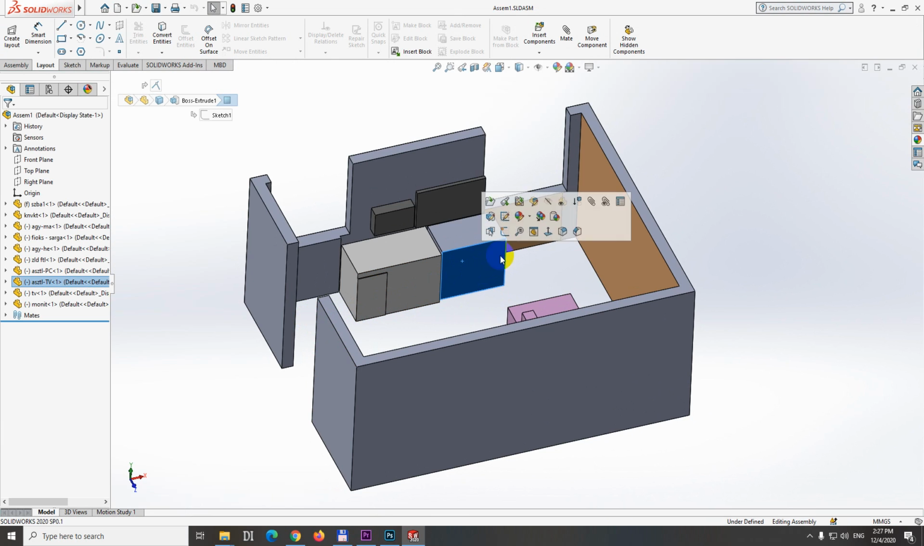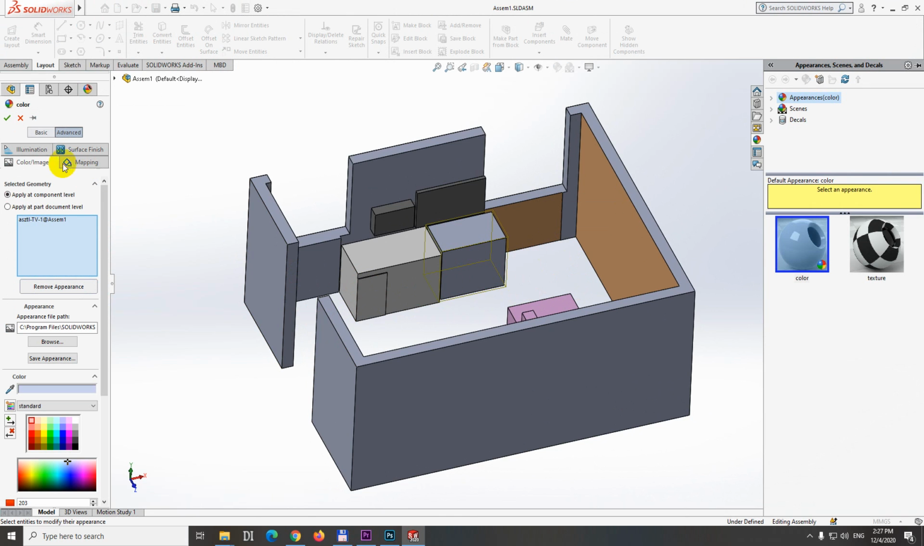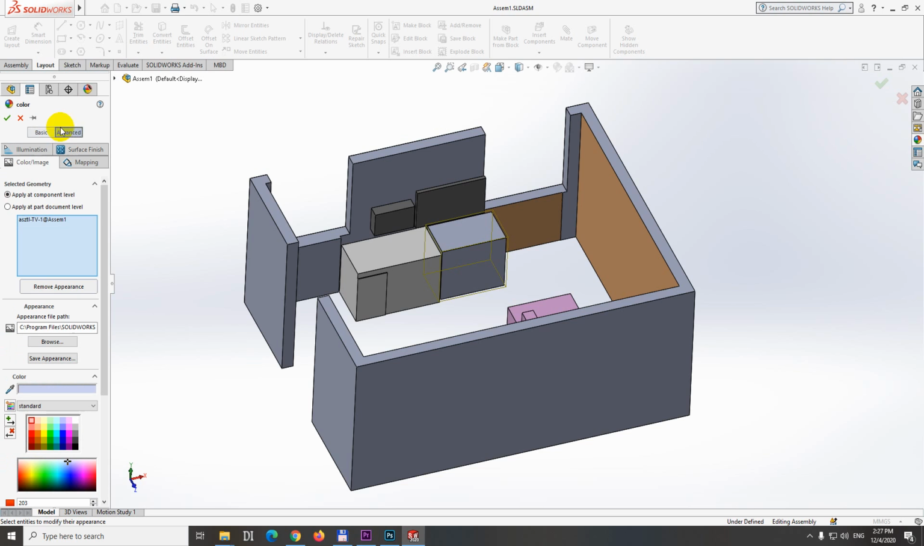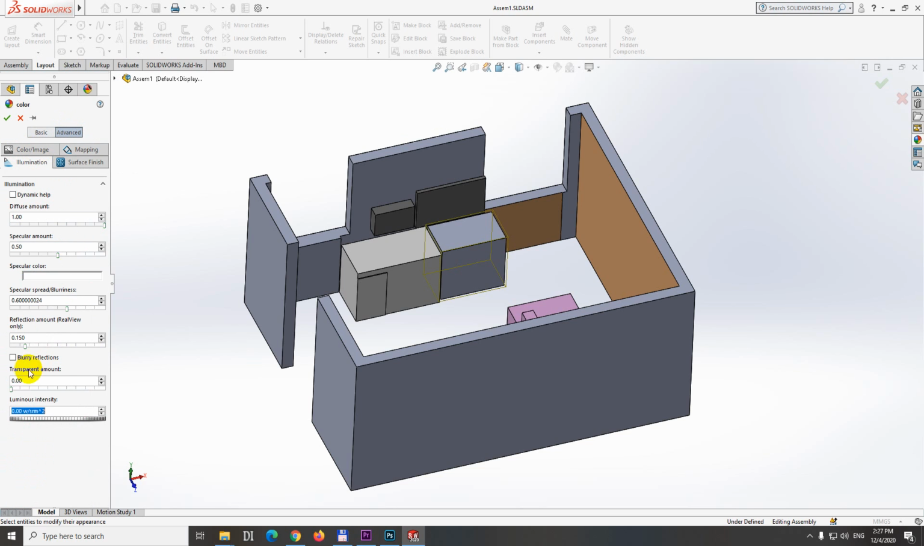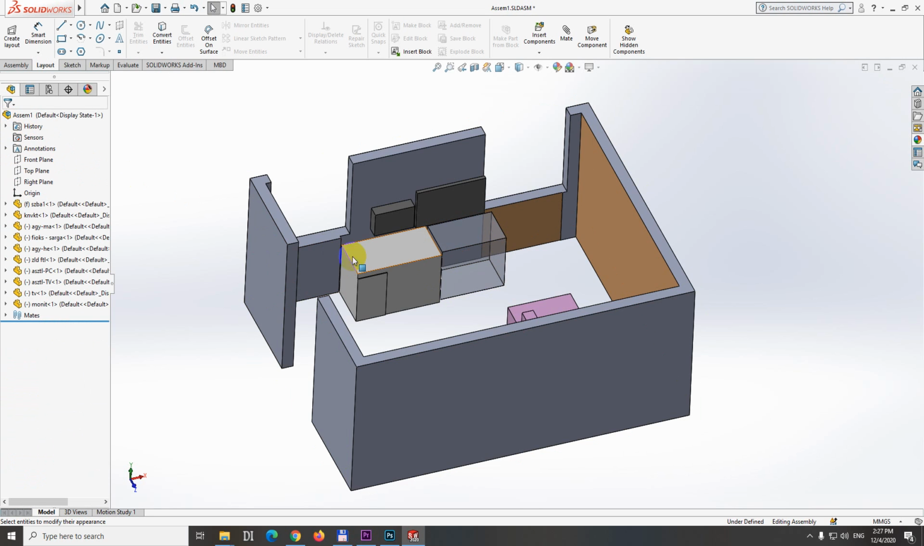So select an object, we have this colorful thing, appearances is called. Click on that one and let's say use the first one, select that one. And here we have basic and we have advanced. Select the advanced tab and go to illumination. And transparent amount is visible here, and if I increase that one and save it with that green OK sign,